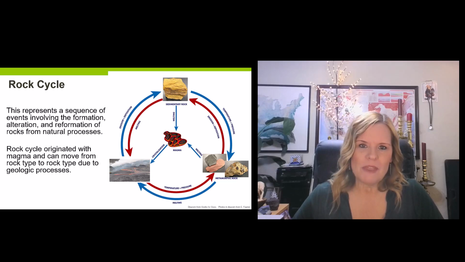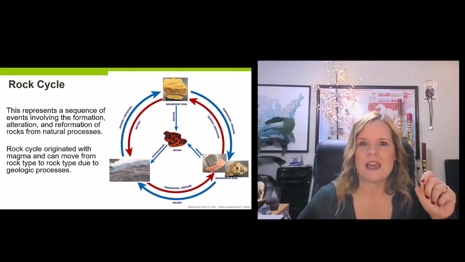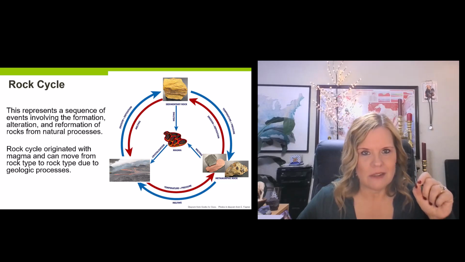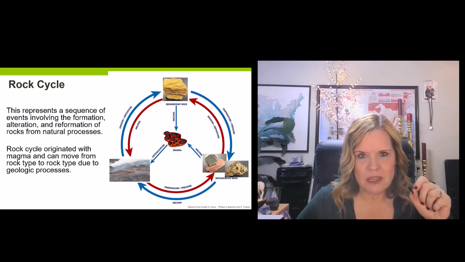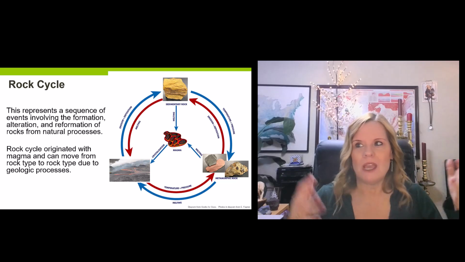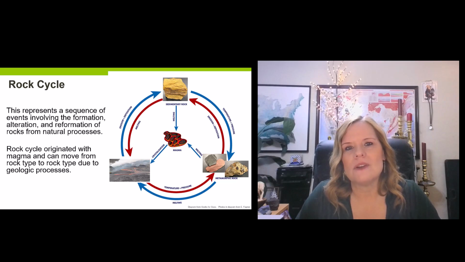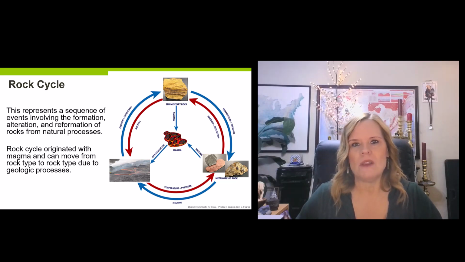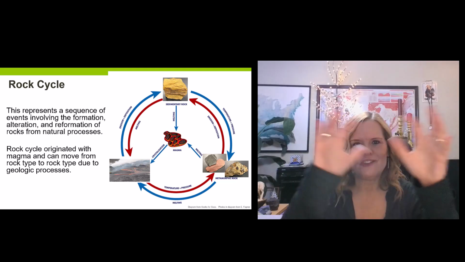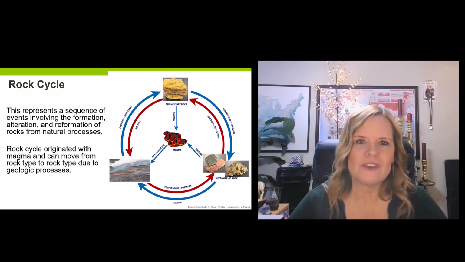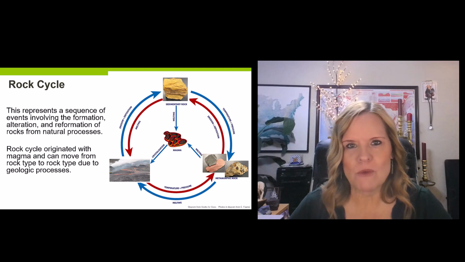So when we're talking about the rock cycle, I need you to understand the foundation piece is that the rock cycle got started by molten rock from inside the earth that came to the surface, because that's what the earth was: just a ball of magma. And then it turned into a ball of molten rock that had kind of a shell around it, which was the igneous rock shell. And from there, we could start to make sedimentary rocks, some metamorphic rocks, and we've been